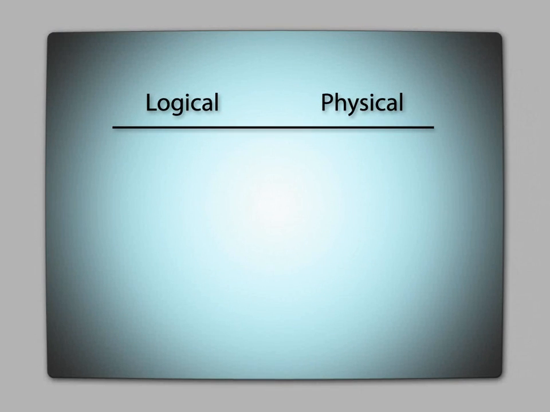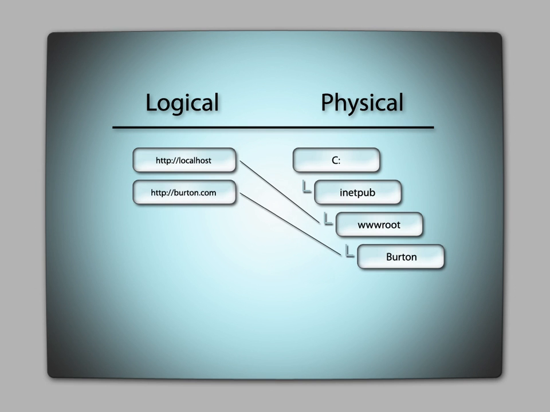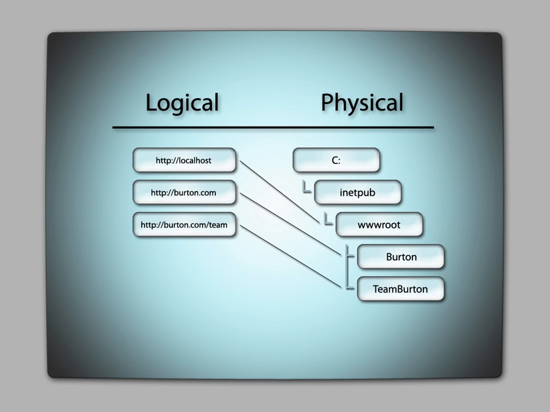So let's review what we've done and see how the logical paths correspond to the physical paths. We started with a default website configured to serve up content from inetpub www.root. We added in another website called Burton that's being served from the inetpub www.root Burton folder. And finally, we added an application under Burton that's being served from inetpub www.root